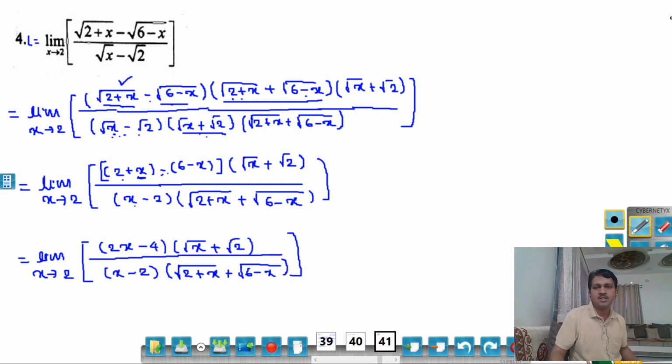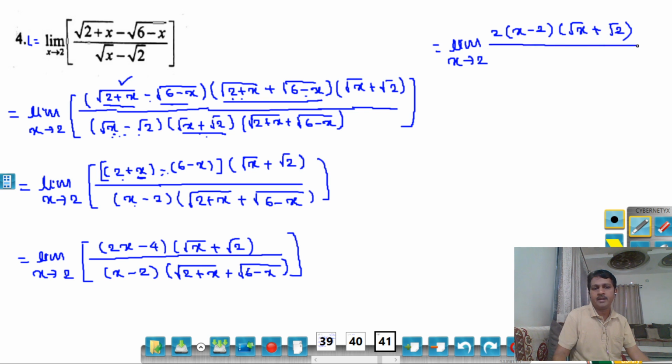Okay, from the first two terms I can take 2 common, and I will get 2 into bracket x minus 2 into root x plus root 2, and this complete divided by the denominator as it is, everything same, under root 2 plus x plus under root 6 minus x. Now x minus 2 can be cancelled as it is non-zero, and then put now the direct value of x